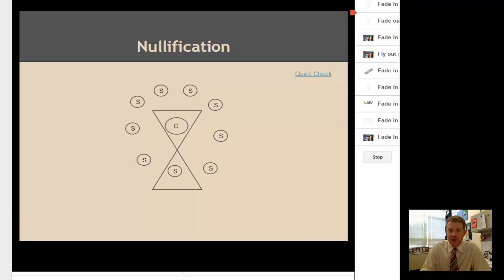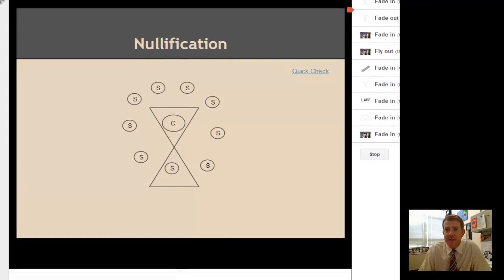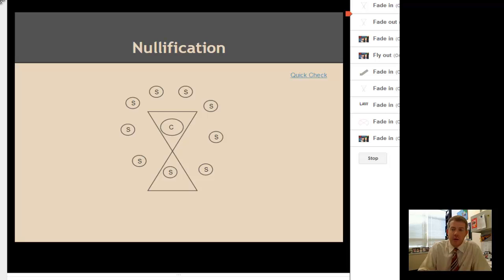Nullification is Jefferson's reaction to the Alien and Sedition Acts. And what he says is that, let's see if I can't resize this a little bit. What he says is that the Constitution, and that's this C in the center, the Constitution is like a contract. And the individual states, all these S's are individual states. And what is represented here is that the states, upon ratification of the Constitution, really got into a binding contract with this new central government. And what Jefferson would say there is, this is an agreement between the two. They both hold power, as federalism would point out too, right?